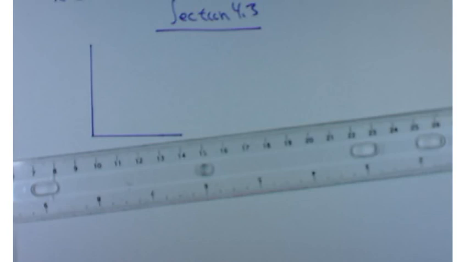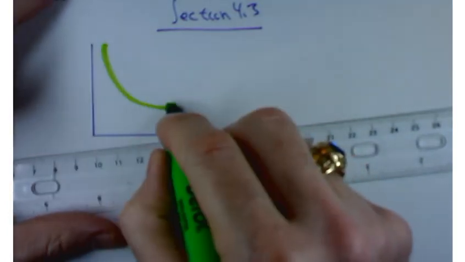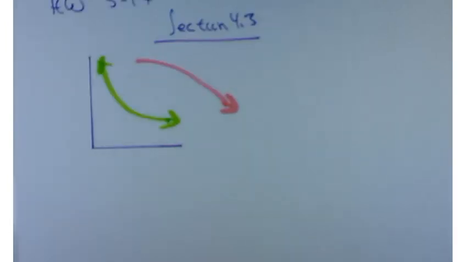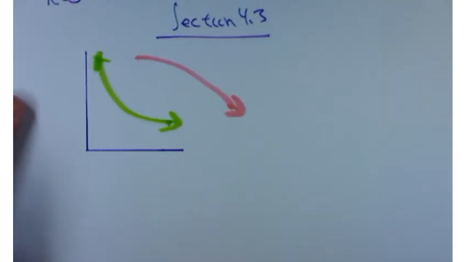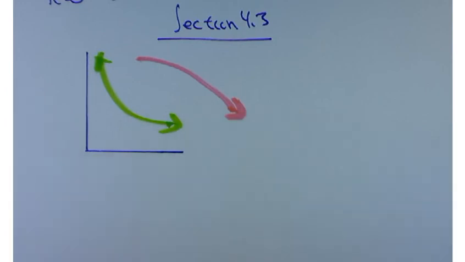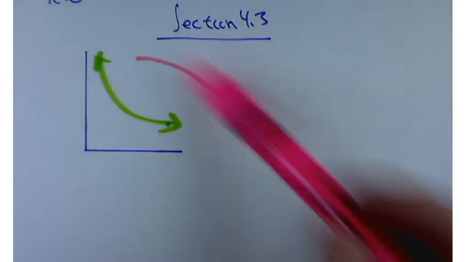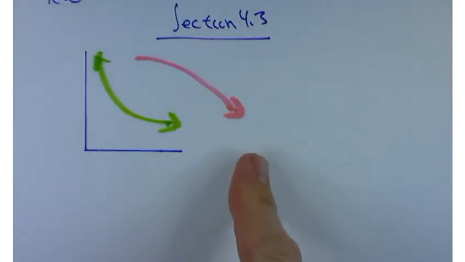I'll draw one like this, or another one like this. Which one looks like it's slowing at a slower rate? The green one or the pink one? The green one. So they're both decreasing still, but this one is going to decrease faster and this one's going